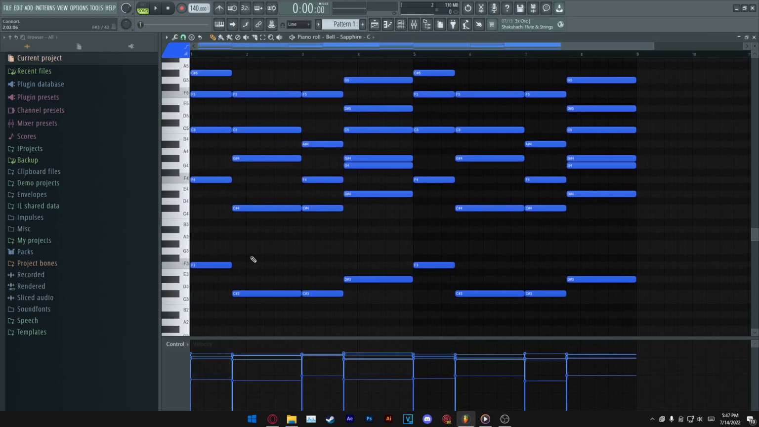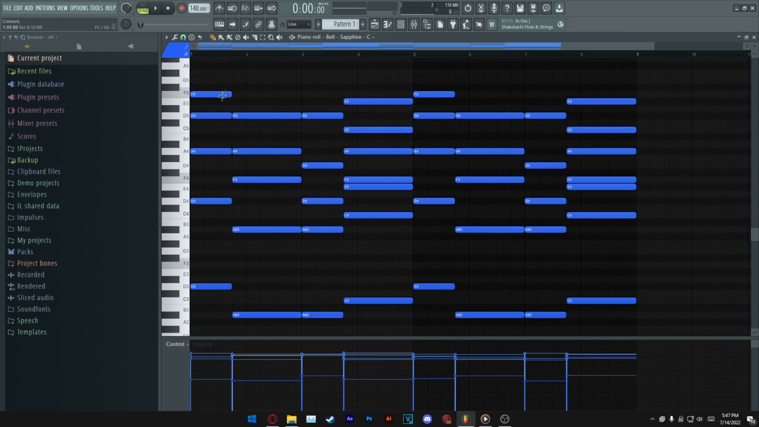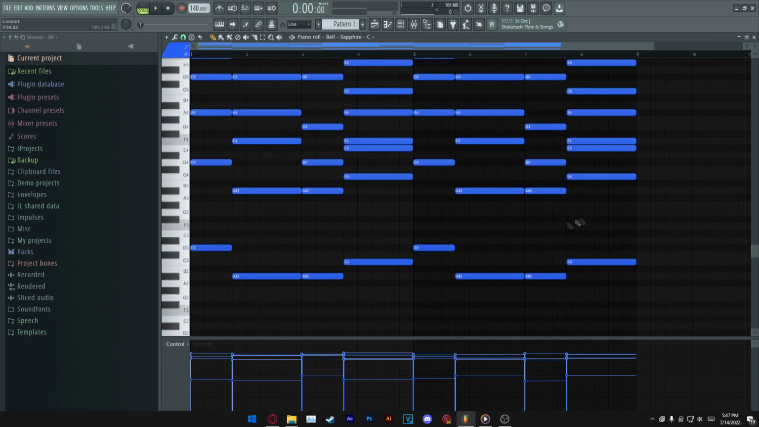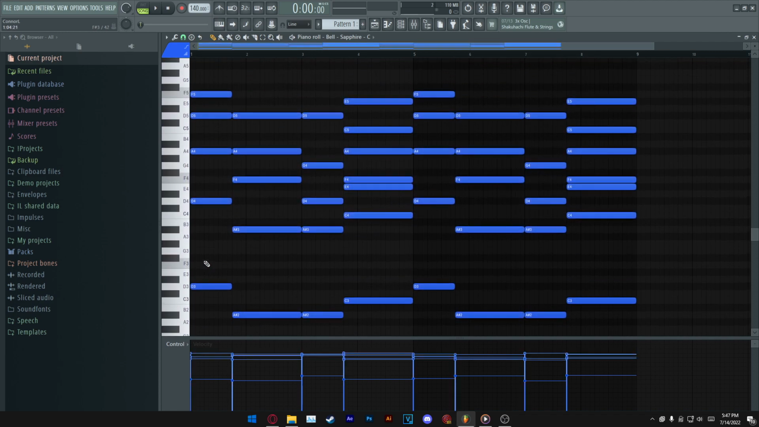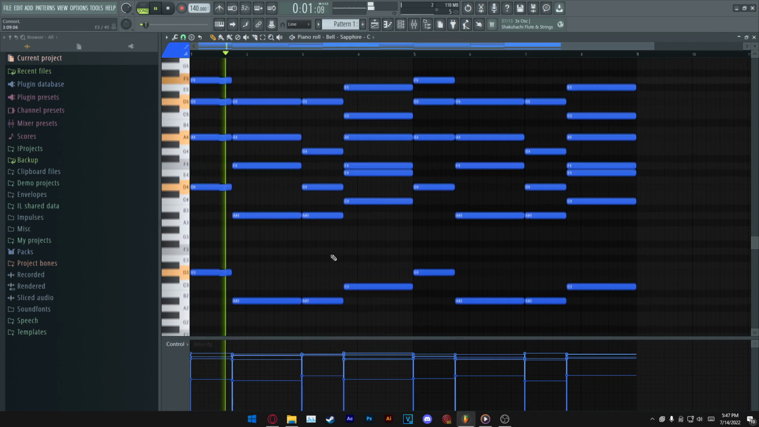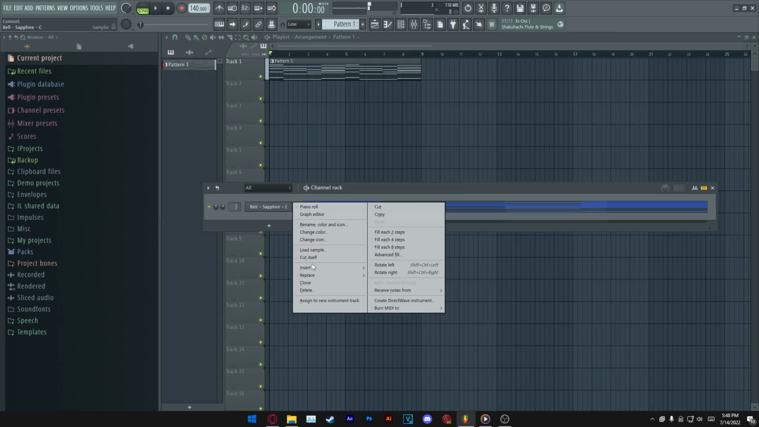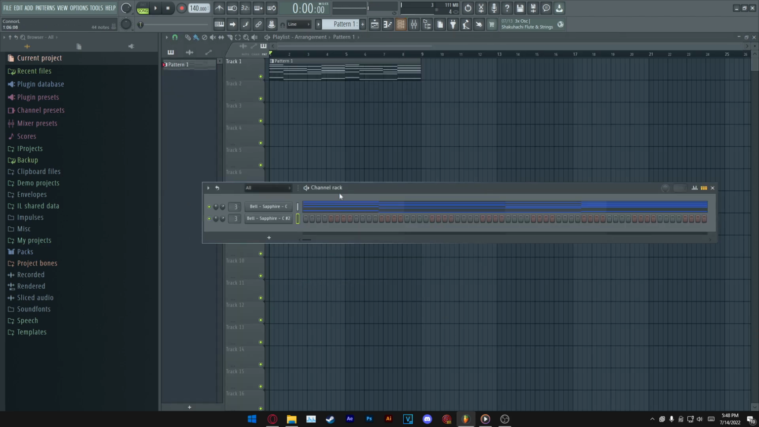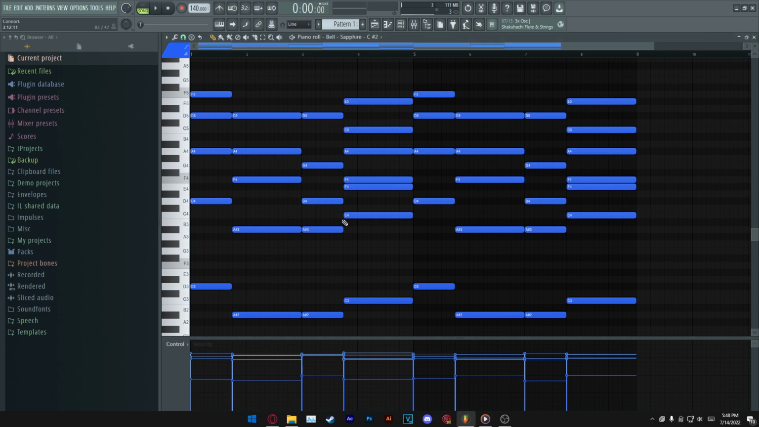So I do think this is a little bit too high up. It's a little too high pitch. So we're just gonna bring it down 2 or 3. That works, yeah. All right, so now we're gonna clone this, copy this, and then we're gonna hit Alt-A, and